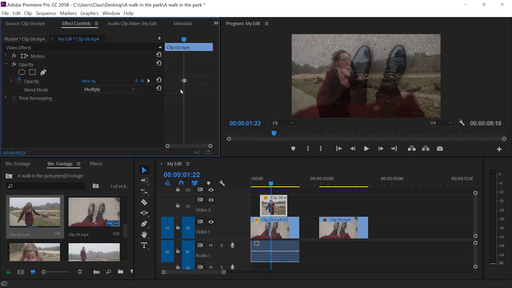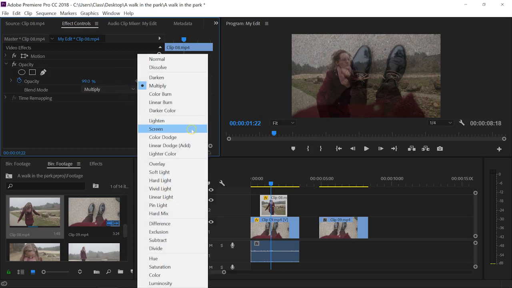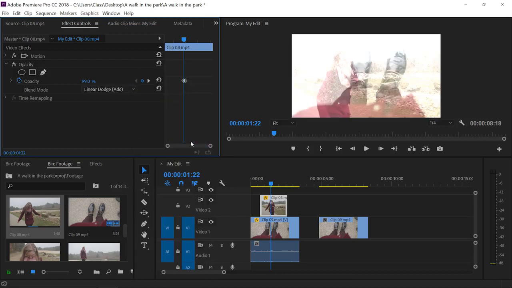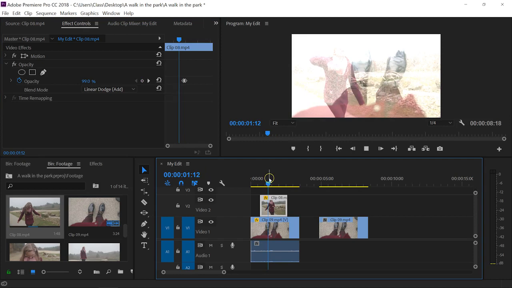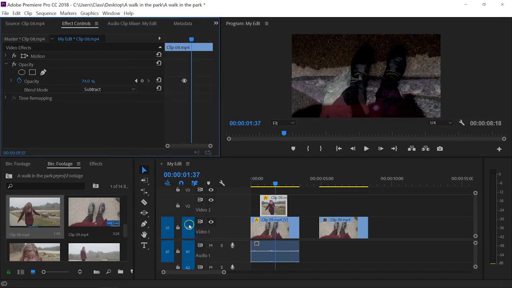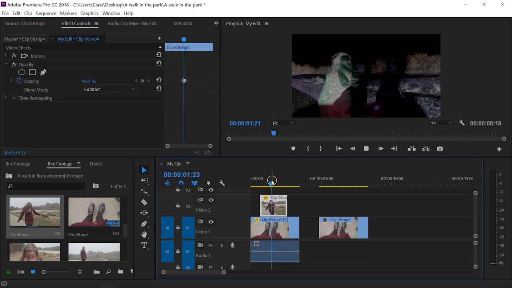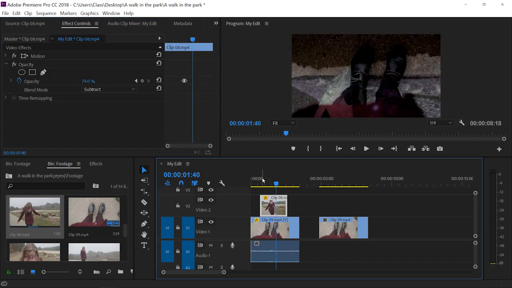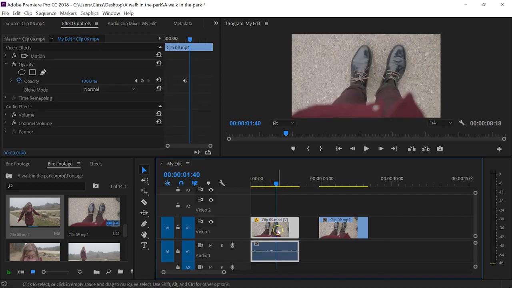And there are also other blending modes like, for example, this one right here, linear dodge. This one blows out a bit more. You also have some different things like subtract, which will kind of make it negative, etc. It's something that you can experiment with and see what these settings do. All right, I'm going to delete this clip on top,